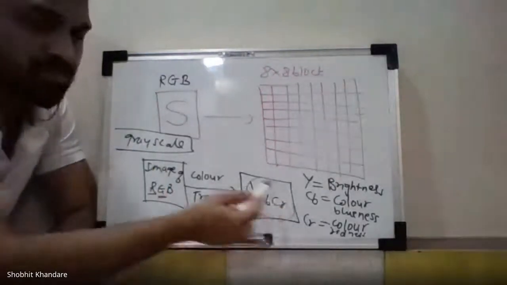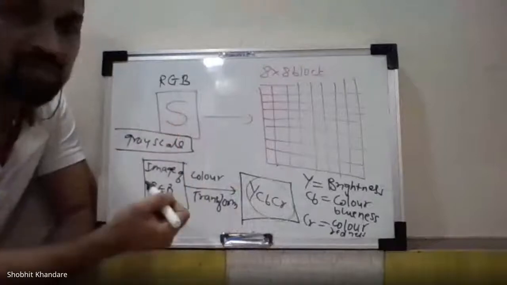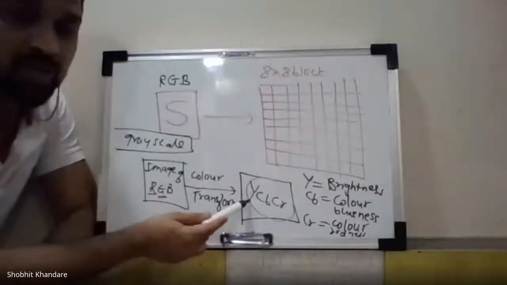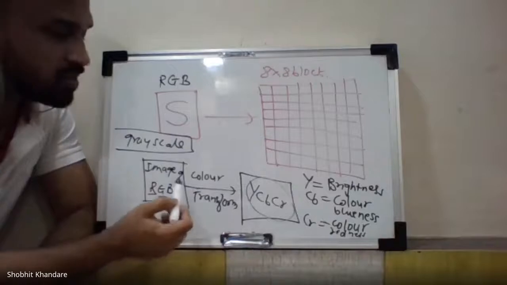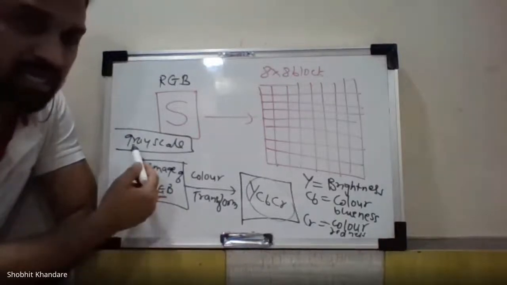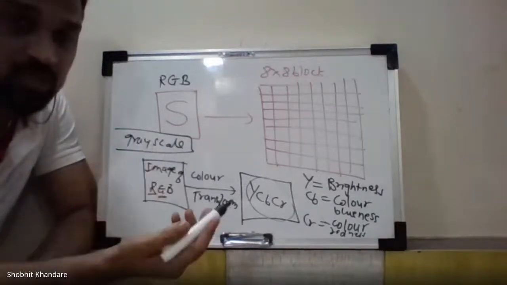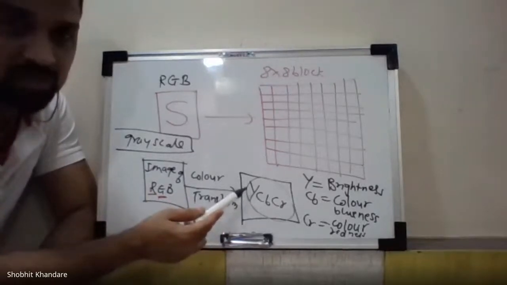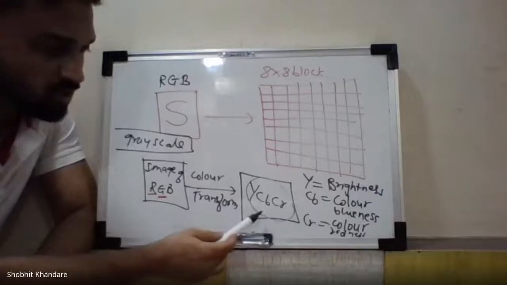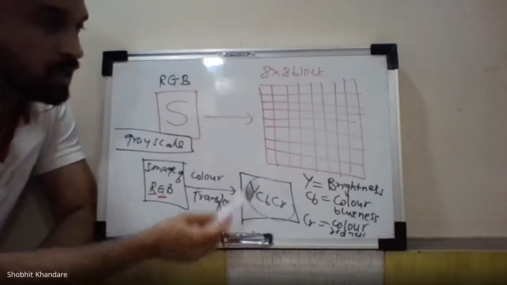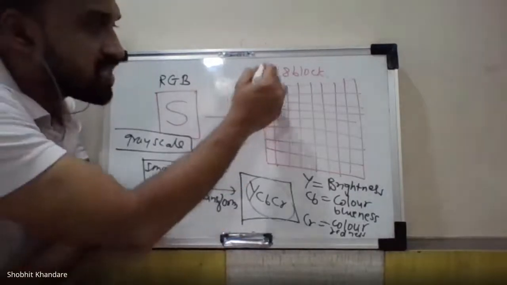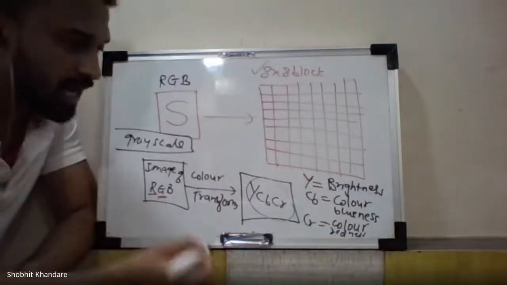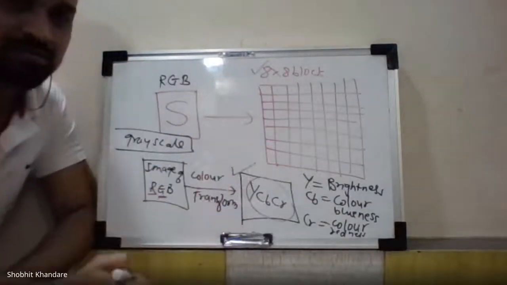But as far as JPEG is concerned, we are having this YCbCr. So always remember, the color image is converted into grayscale if I have to do image processing, or converted into YCbCr if I am talking about JPEG compression. So in this example, you are converting into YCbCr. The two important things are, first, convert into 8x8 blocks, and your image should be YCbCr.